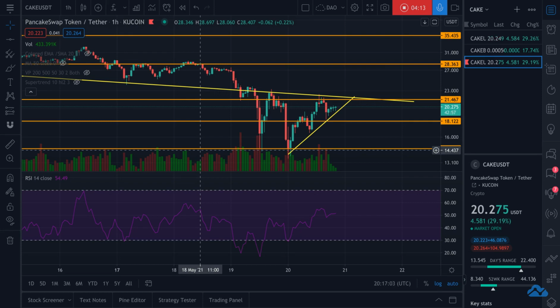And so I really believe it's a good price anywhere in the teens. If you can get it in the teens, I think that is a good price for a good buy and hold. I wouldn't really be wanting to try to trade this because of the price movements, especially with Bitcoin doing what it's doing. So that's my take on Cake.